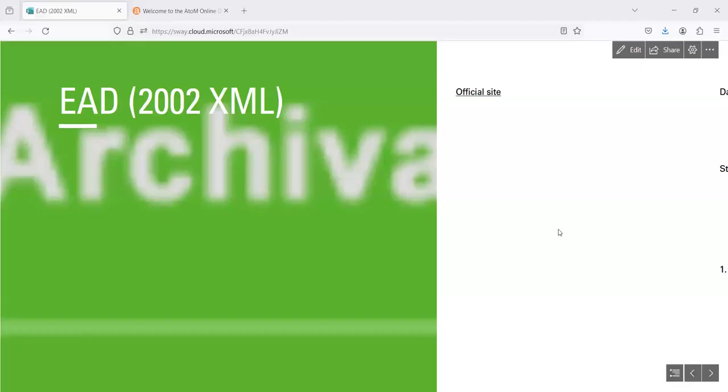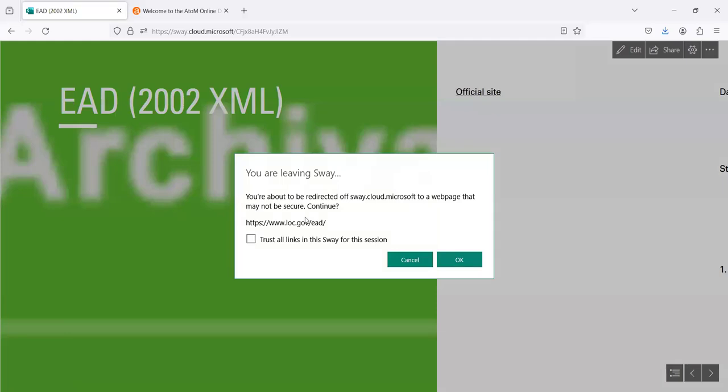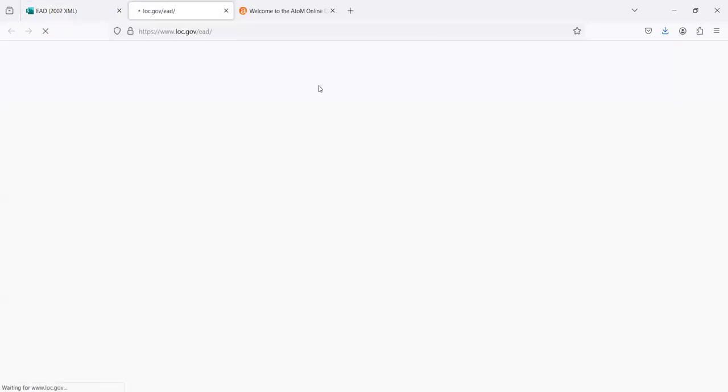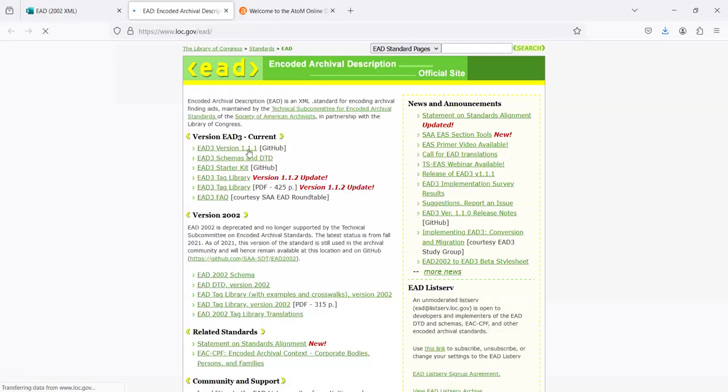Hi, today we are going to talk about importing EAD, Encoded Archival Description finding aids, in this case 2002 XML, into Access to Memory. We're assuming a bit of familiarity with EAD, and if not, the Library of Congress has a good reference center on it where you can look up